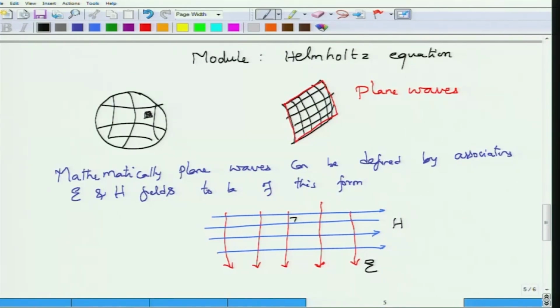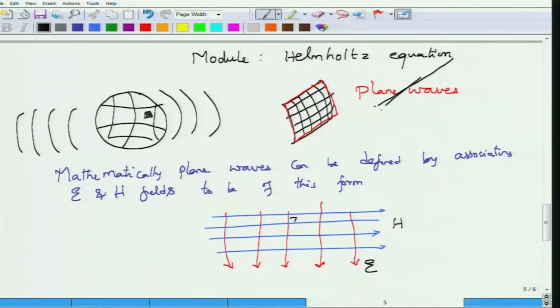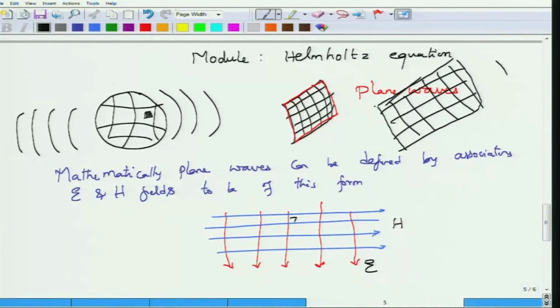So if you go back to this spherical wave, which is expanding like this, it actually means that I have these plane waves expanding all the way over here, right, and this is how the plane waves are expanding. So if I consider the direction in which these plane waves are expanding as the z axis,